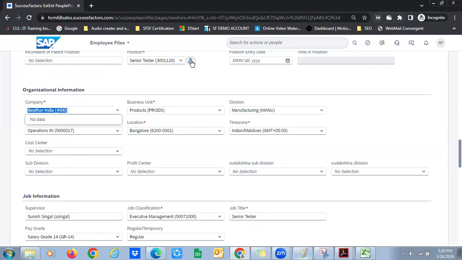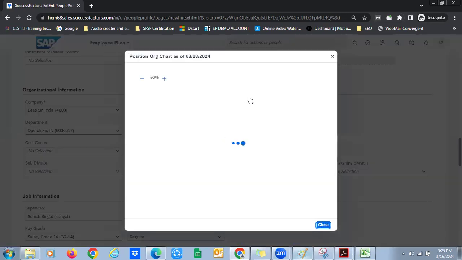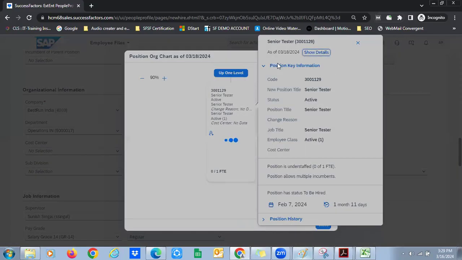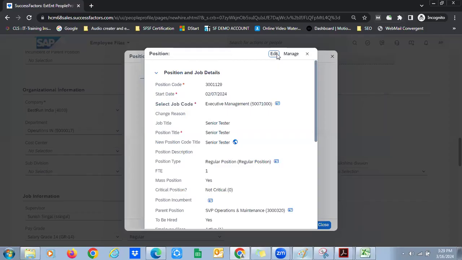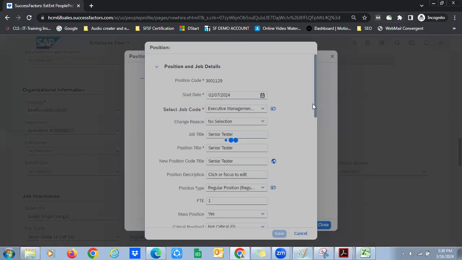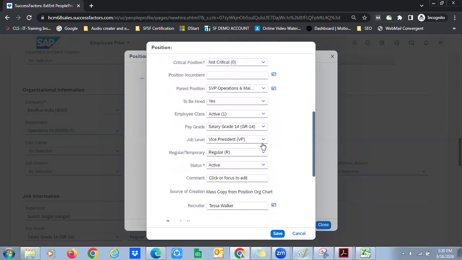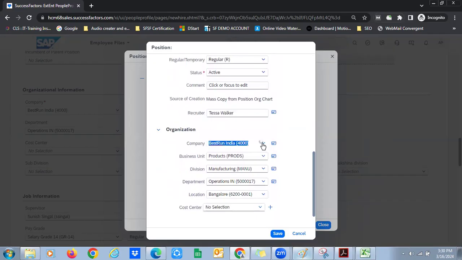There is something on position. Let me check position details. So I can check position details like this. I can click on this position and then go to show details and click edit. That's how I can edit position related info. So here there might be an issue in the company field. That is why it is causing this issue. So I select Mira